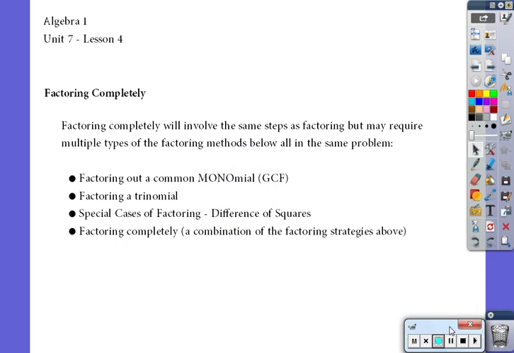Okay, so factoring completely is no different than factoring. The one thing we're going to be looking for, though, is multiple types of factoring in the same problem. So just factoring a GCF won't be enough. You have to look for factoring a trinomial. This would always be the first thing you look for,